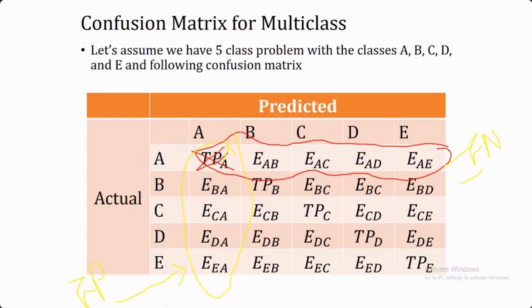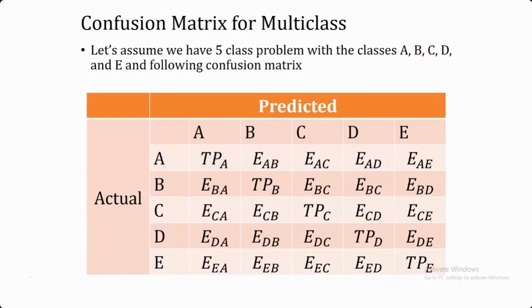And in order to calculate the true negative, it's going to be the summation of all the rows and all the columns except the class for which you are calculating. Suppose we are calculating for A only, so I am not going to consider this row, this column, or this. All the remaining values are going to be your true negative. So as you have the values of true positive, true negative, false positive, and false negative, we can now use these values for the calculation.